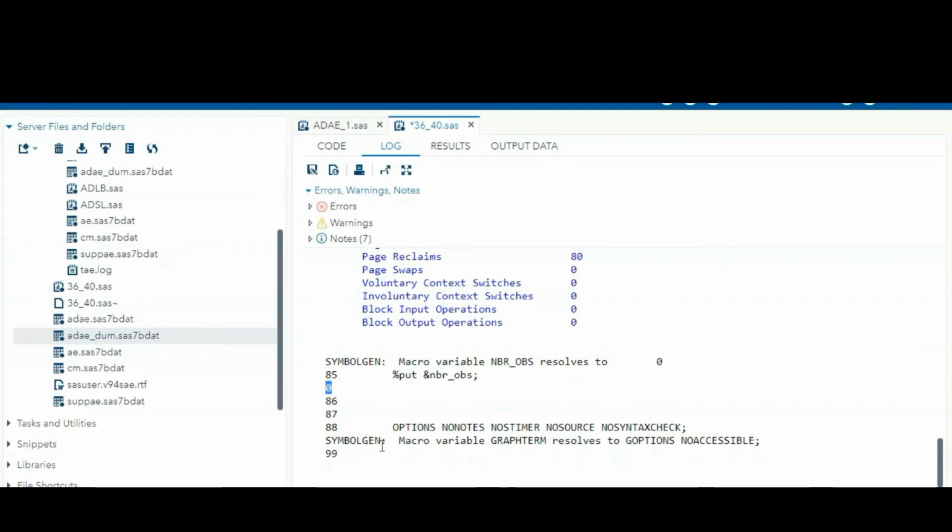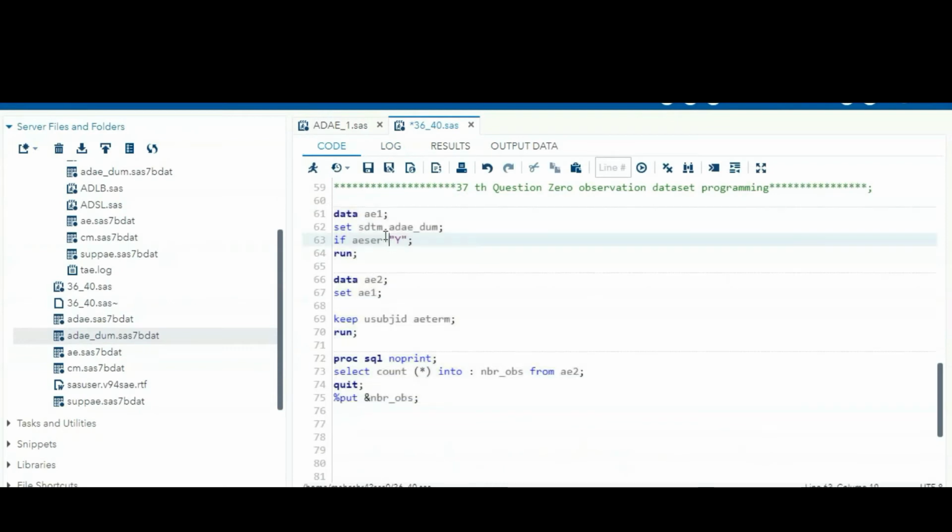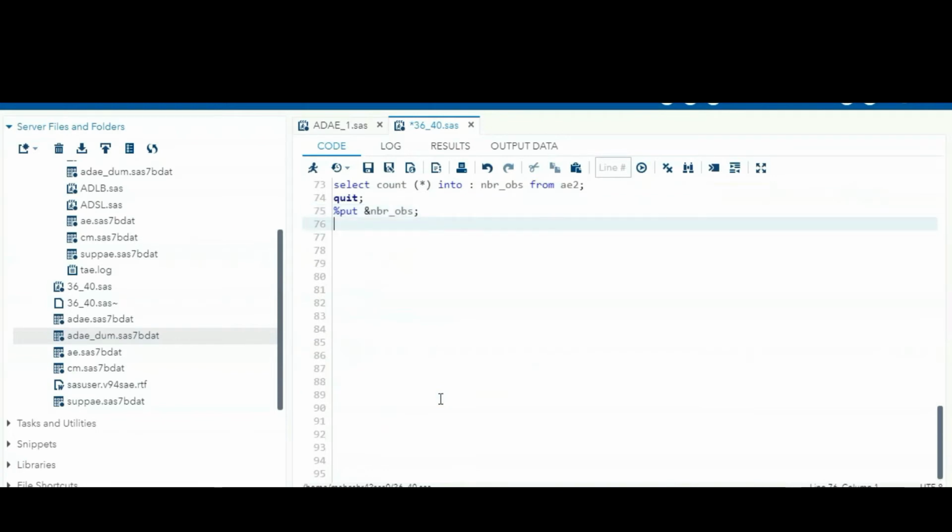We just convert the count into a macro variable. If observations are present after this filter, it will give how many are present. After that you can macrotize the program: %macro, with the macro name NO_OBS, for number of observations, like this.